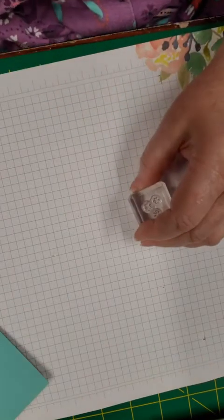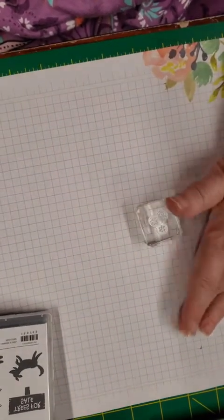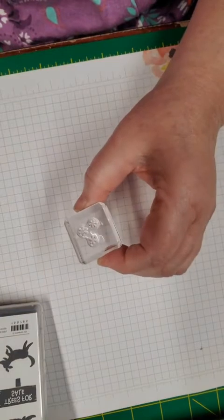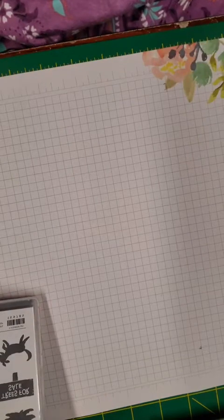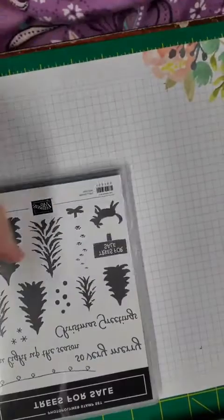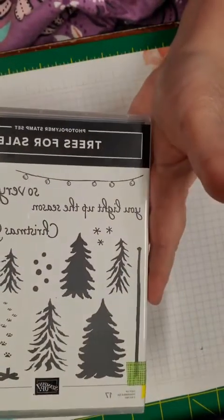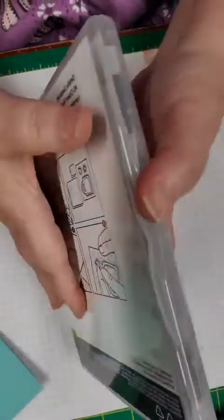And I'm also going to be using, let me get this little thread here. I've been making wreaths, so I had a little piece of deco mesh. I'm going to use this set of little snowflakes on the inside of the card and on the envelope. This is the envelopes here, so I'll put this with. And I got that from the stamp set Trees Are for Sale. And this was part of Celebration, not the stamp set, but the